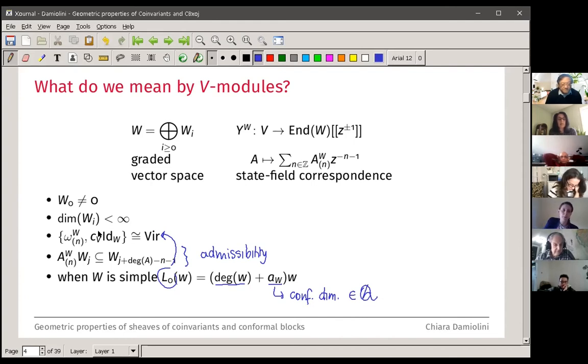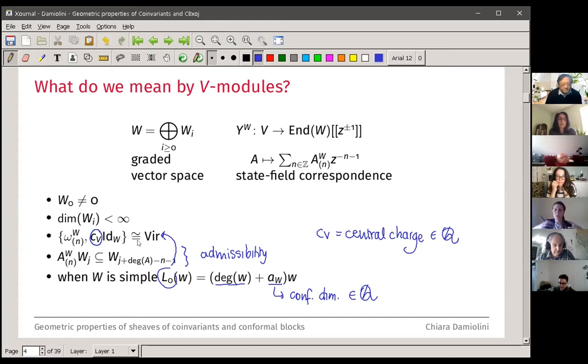And also, let me mention, the central charge cV is also a rational number in this case,